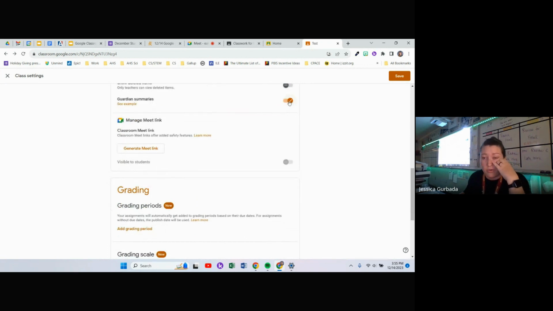Guardian summaries are pretty cool. I can show you an example a little bit later on if you're interested. But essentially, if a guardian is linked to a student, it will give them reminders of this is coming up or, hey, your kid didn't turn this in. So it kind of keeps the parents in the loop automatically. You don't have to do anything except